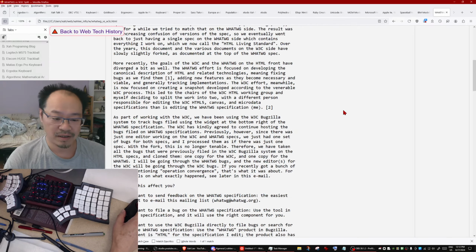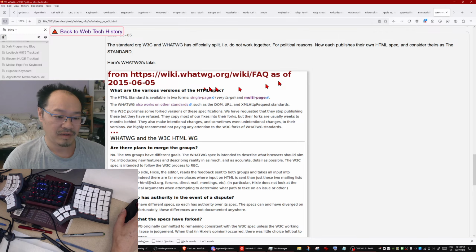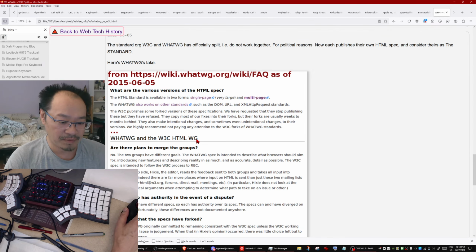For example, you can see the what the fuck group FAQ. What are the various versions of the HTML spec? So for example, this section, what the fuck group and the W3C HTML WG, are there plans to merge the